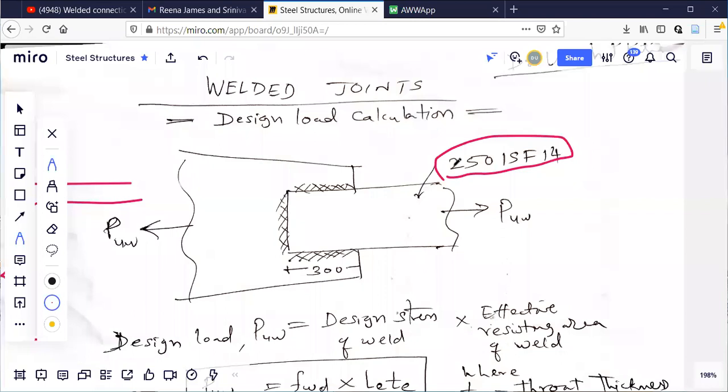What is the meaning of this? It means this is 250. See this, 250 Indian Standard Flat, ISF. This is 250. And what is this 14? 14 is the thickness of this plate. I'll try to draw an isometric figure here. This is 250.